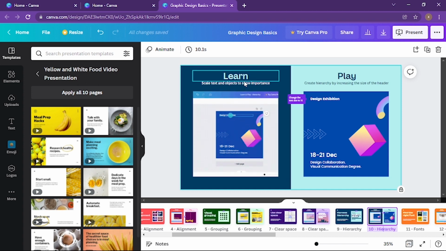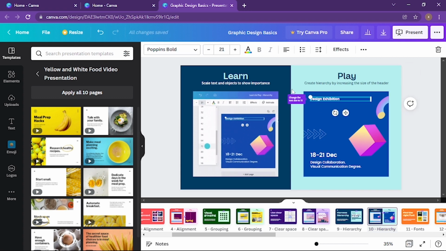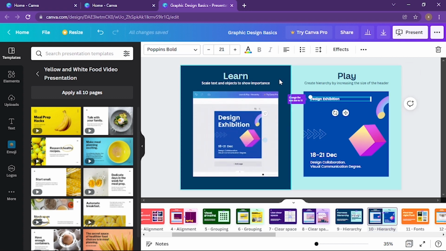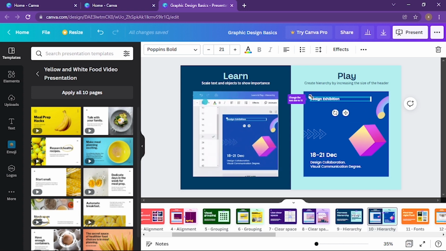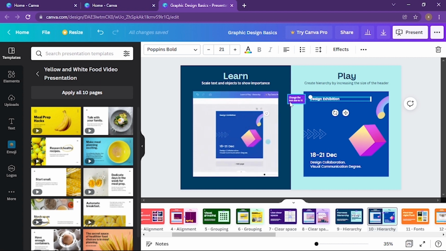Here you can see scale the text and object to show importance. We can go to this and do as they say here in the video. So right now, or you can create your own design as well. Here it shows change the text size to 72 right now. I don't know if you can see this, but you can click on this